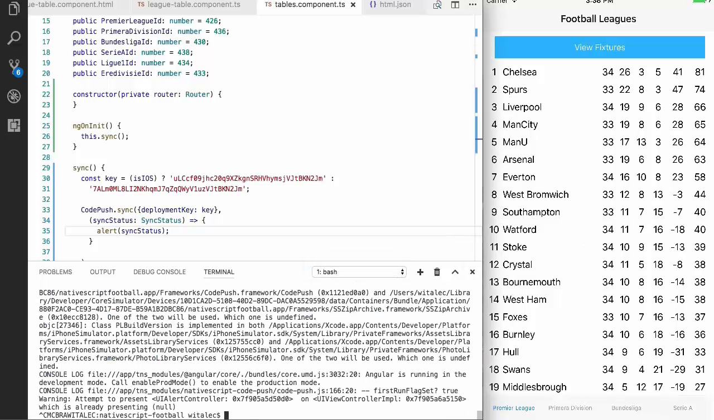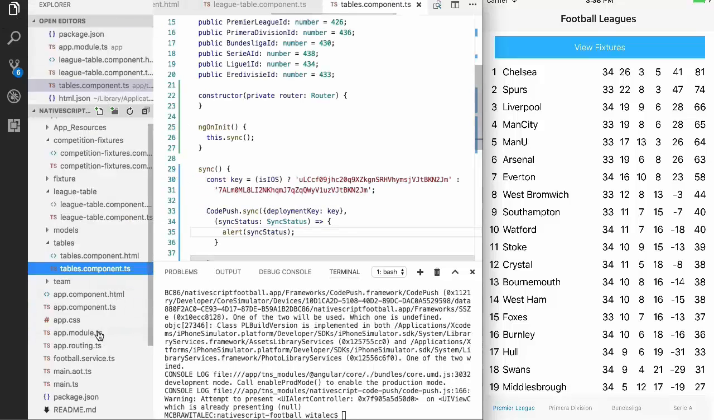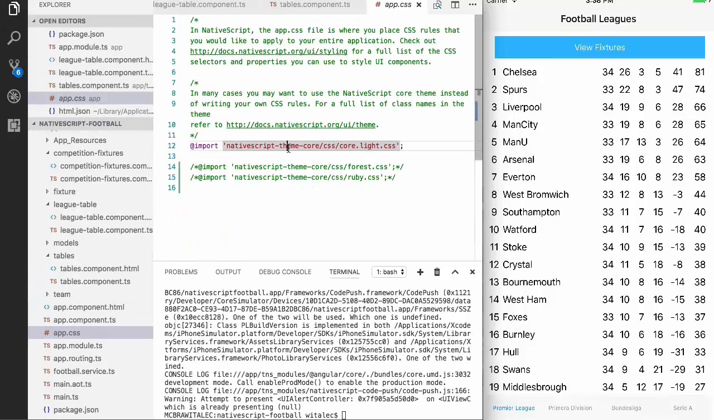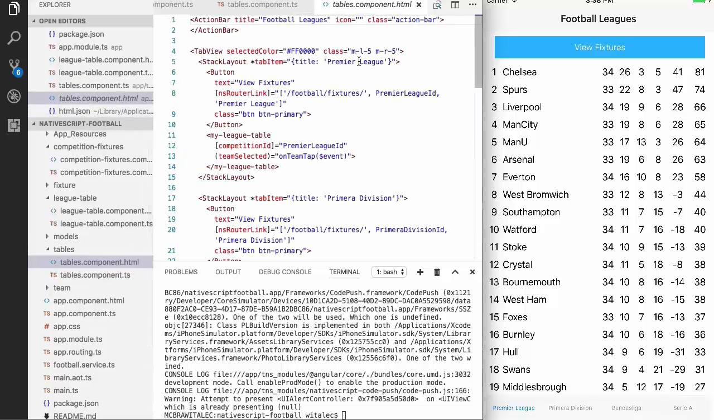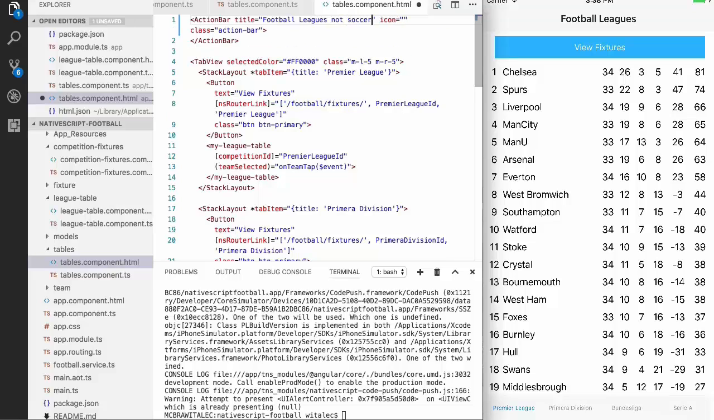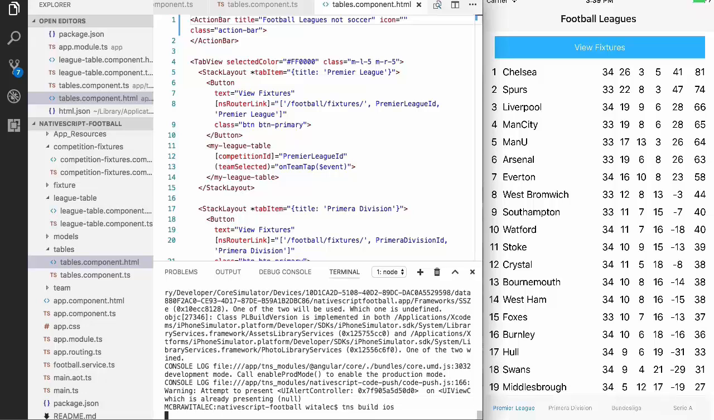Okay, I'm gonna kill live sync now. Okay, so now I'm gonna make some changes outside of that. So let's find app.css, and I'm gonna change the theme to a forest theme, and also I'm gonna go to our tables HTML, and let's say change the action bar title to say football leagues, not soccer. I can save this. So now all I have to do is just run tns build iOS,